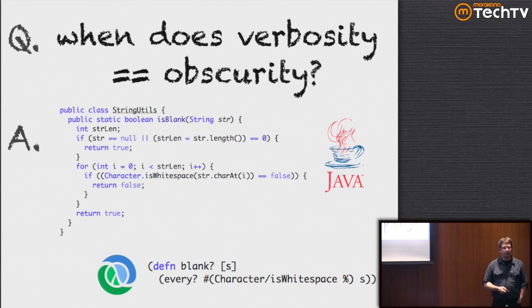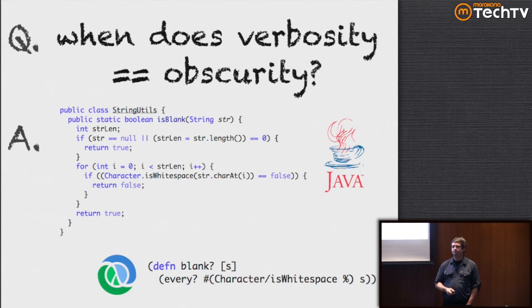There's what is blank looks like in Clojure. And that one is a lot easier to read than the Java version. Even if you're not a Clojure developer, I think that one's way easier to read because even if you're an experienced Java developer, if I didn't show you the name of that method, it would take you 30 seconds, 45 seconds to figure out what that method does. Whereas here, blank is that every character is white space. That's almost English. That's actually one of the goals in Clojure, is to be able to write very, very readable code. And this is very readable compared to this stuff, because that stuff's a bunch of loops and other arcana. This is a pretty clean version of is blank.